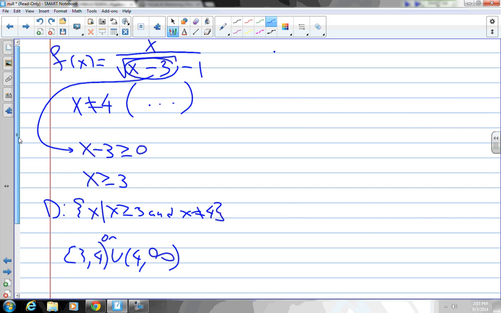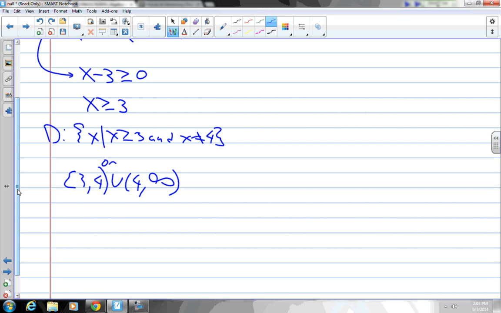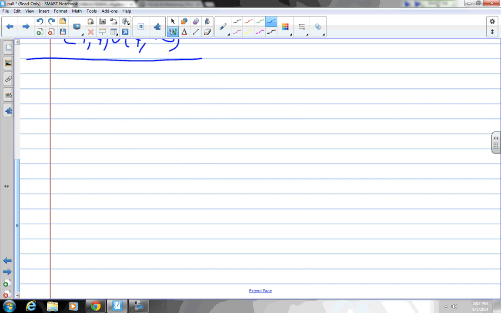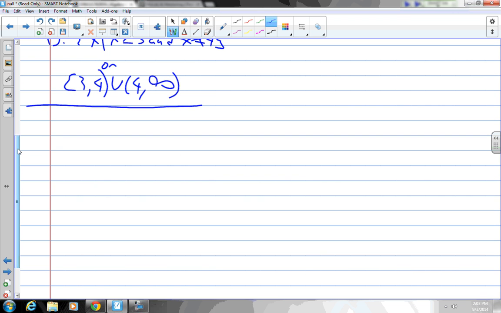And notice how we're completely disregarding the numerator. Who cares? Numerator is not important. Even if it reduces, even if it kills an item from the denominator, it does not affect my domain. And I will come back to this point later, but if my function, let's say, is something like this,